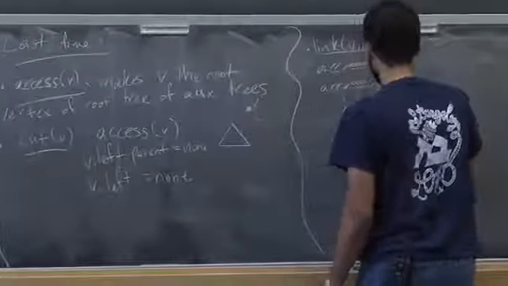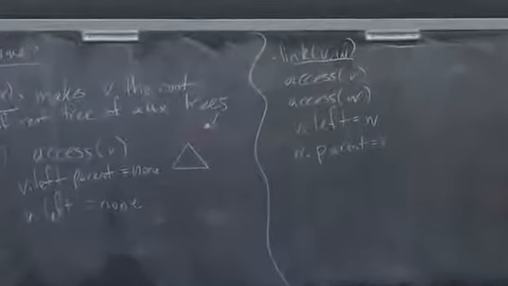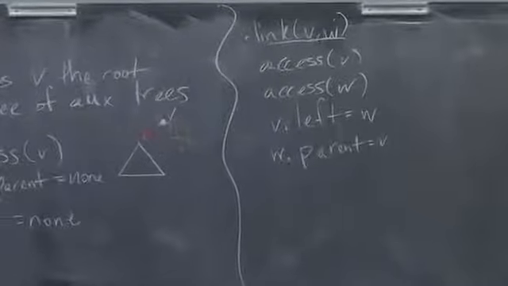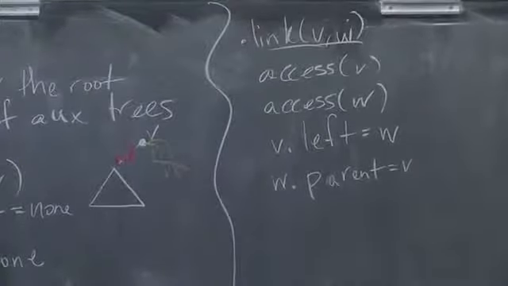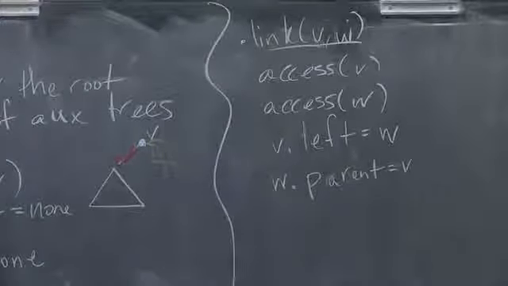Remember that the aux trees are keyed by depth, right? So the fact that w is my parent in the represented tree means that its depth is 1 less than me. So he's on my left subtree. Okay, so